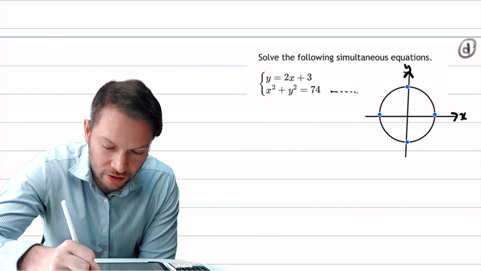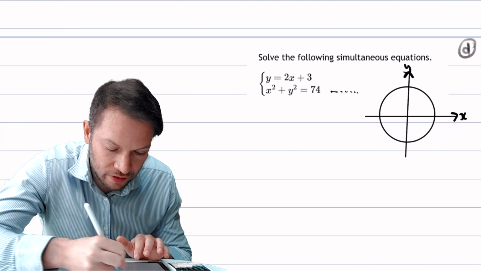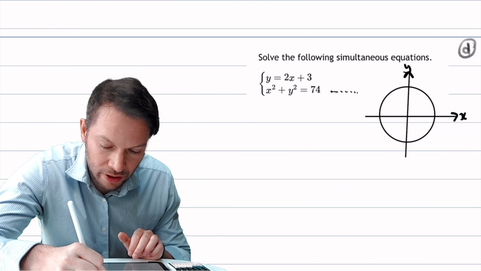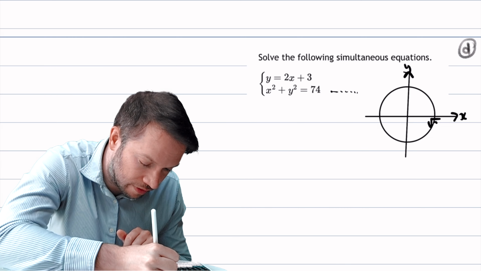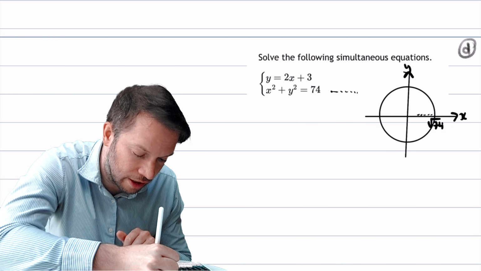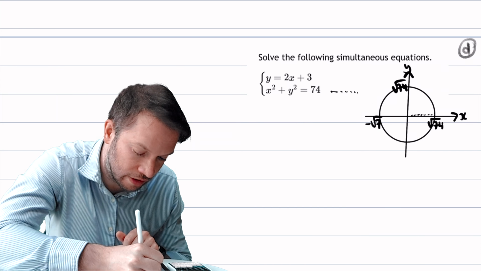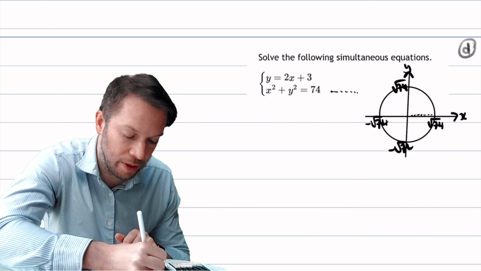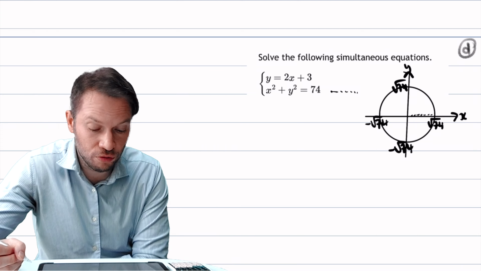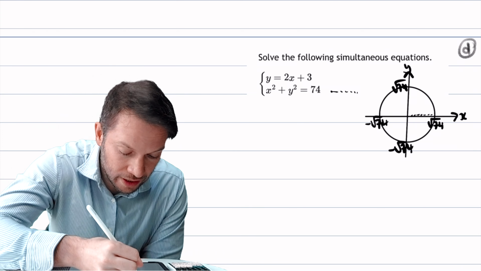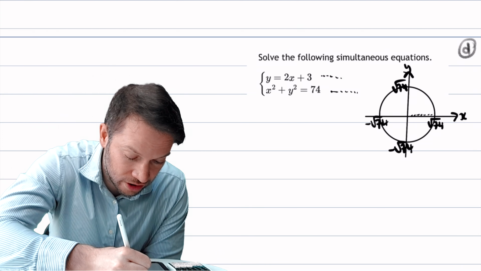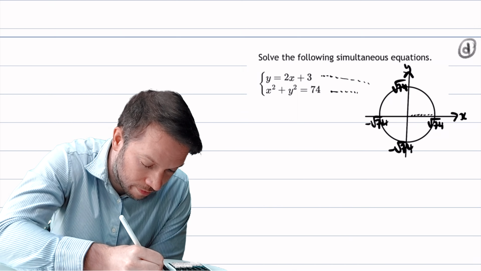and the radius of that circle would be the square root of whatever that number is. So this would be root 74, so that the radius of the circle is root 74. So that's root 74, that's minus root 74, that's minus root 74. So that would be what the equation looks like. And if I was to draw y equals 2x plus 3, the first equation, then it would look something like